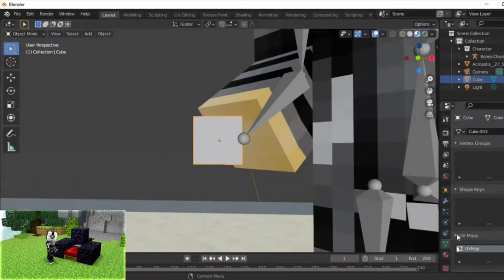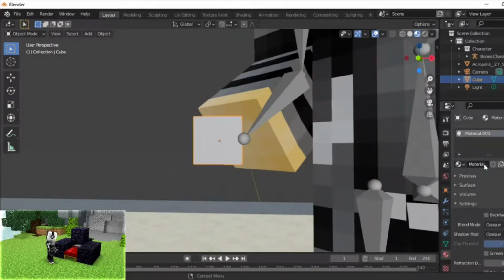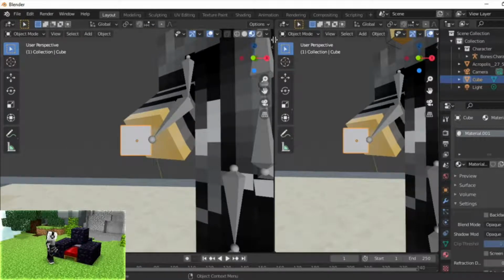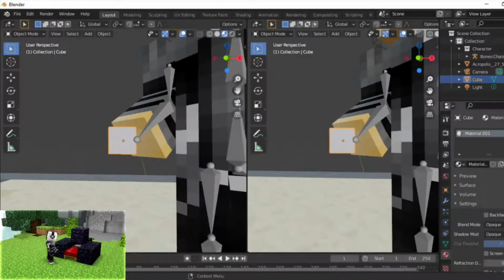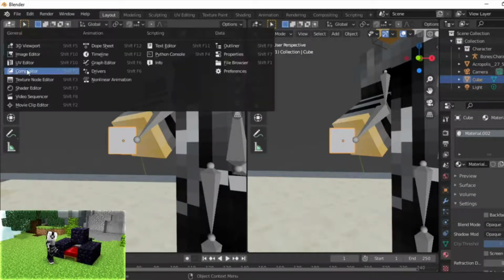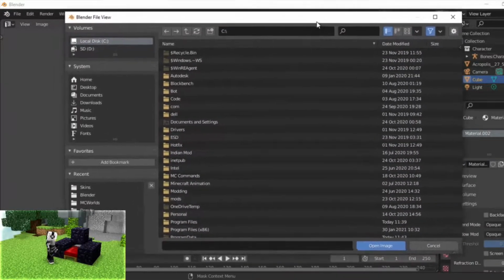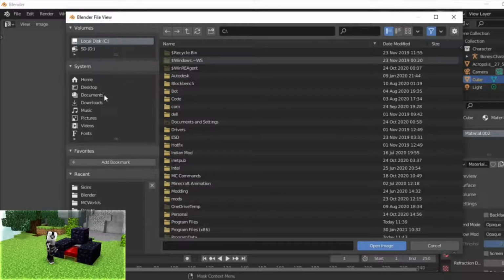And what we're going to want to do here, materials, click new. Oh, sorry, my bad. You're going to want to go right here, kind of where you make a little crosshair, and you can actually split this apart. Perfect. And click on this, and here on the left side of the screen you can go into a UV editor right here. Click open, and I've already gotten the Minecraft textures I want, so I'm just gonna go